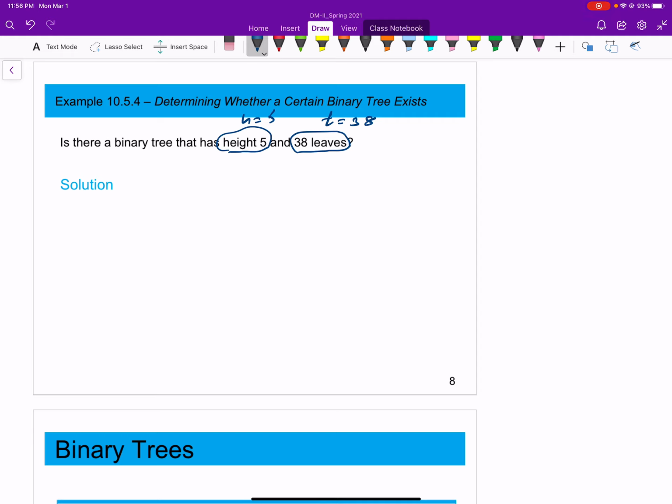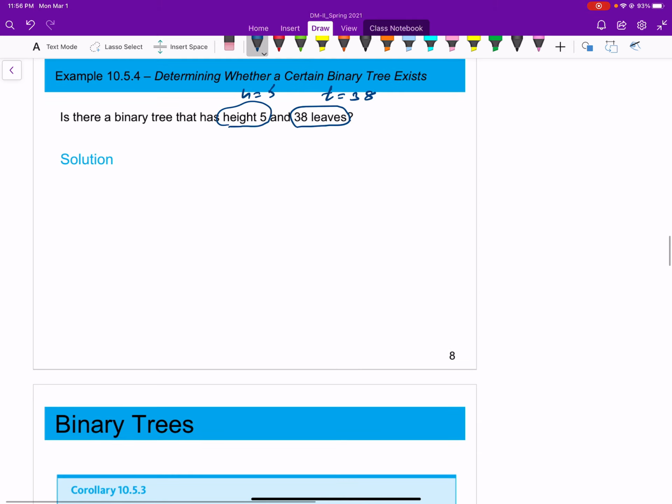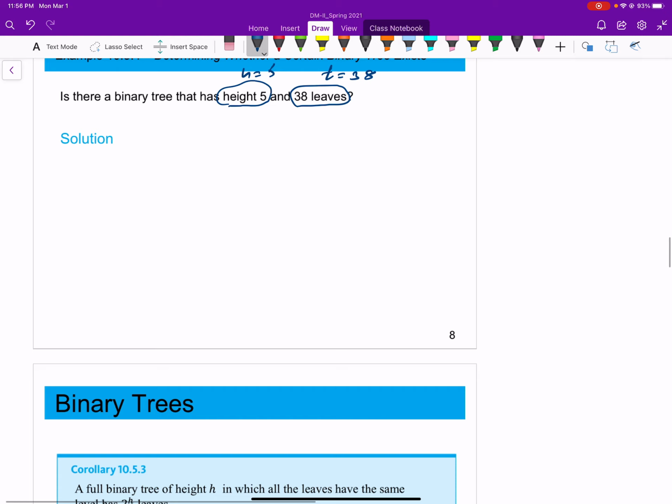Then by the theorem you could write, by theorem 10.5.2,